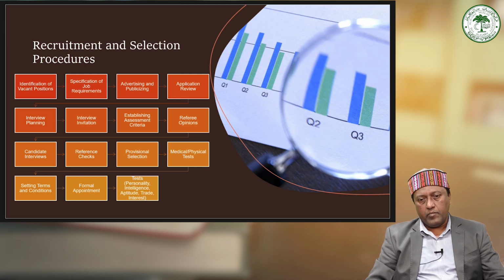And then interview planning: deciding the interview dates, forming a selection board, including experts, and preparing interview charts. This involves obtaining the consent from the experts and verifying the data before sending invitations. So this is the whole process. Then interview invitations: the formal invitations are to be sent to the candidates, because ultimately there's